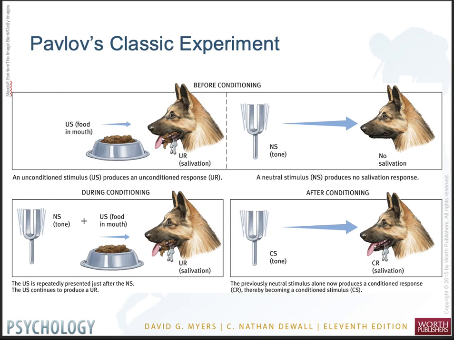So the bats alone would not produce any fear. However, Batman then fell into the well where he saw bats, right? And so the fall was paired with the seeing of the bats, right? And then when he goes to the opera and he sees the bats, now they produce fear in Bruce Wayne, even though he didn't actually fall in that case, right? And so now the bat is the conditioned stimulus, and the fear in response to the bats is the conditioned